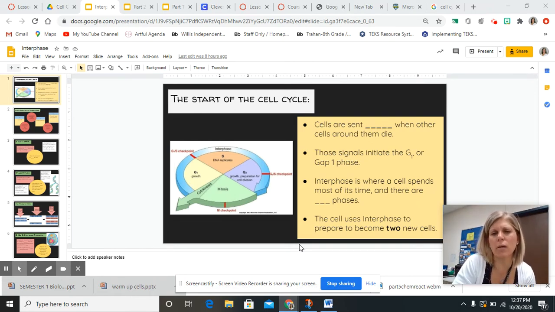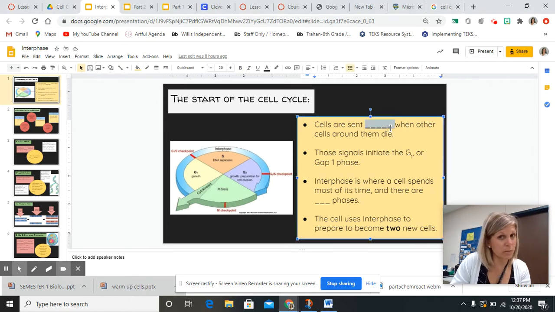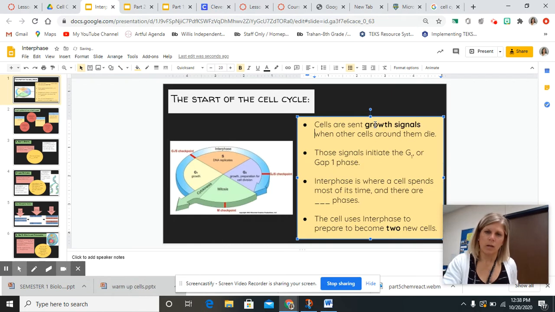The very first thing that you see on here, what are some of the things that happen in the beginning with interphase? So when a cell dies, there is a signal that's sent to all the other cells around it that tell them, hey, we lost one of our buddies and we need to go ahead and make some new ones. So in this blank here, you need to put that cells are sent growth signals. They're sent these growth signals whenever the other cells around them die, and that's what triggers the start of